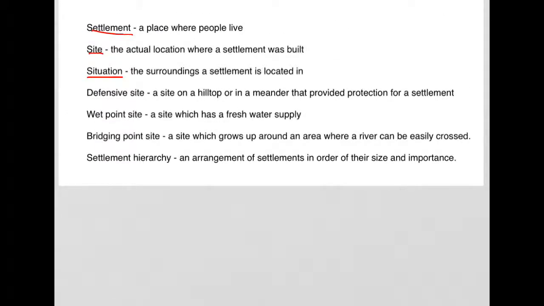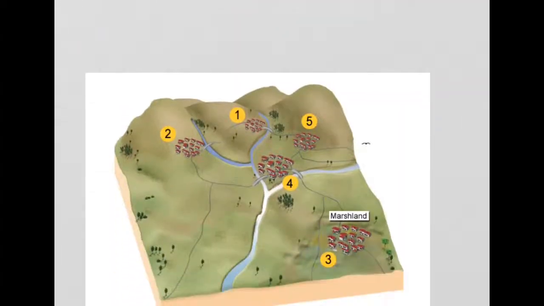In geography this year there will be 3 main sites that you need to know: number 1, number 2 and number 3. The first site is a defensive site. This is a site on a hilltop or in a meander that provided protection for a settlement. In this example here we have 3 possible defensive sites. Number 2, number 1 and number 5. The 2 best examples are number 5 and number 1. They are defensive